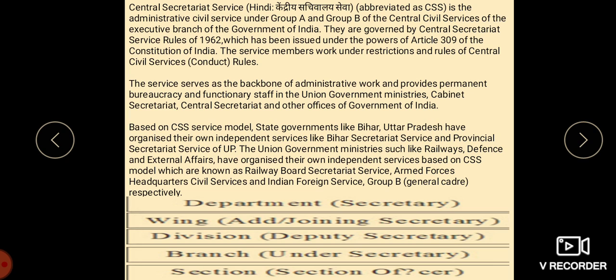To facilitate efficient and capable administration, various departments and ministries are created. The main responsibility of the Secretariat is to aid the ministers, who are the political heads, in running the administration. It has the Chief Secretary as the administrative head and the Prime Minister as the political head.